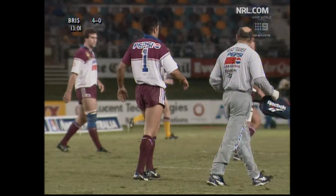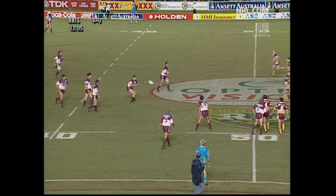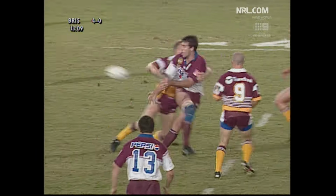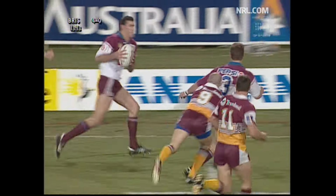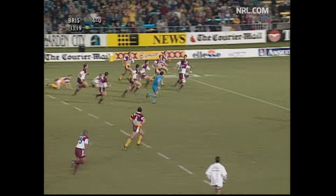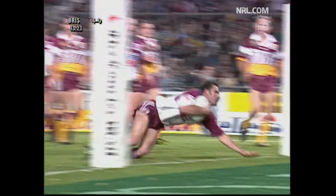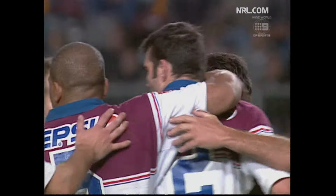Steve Roach. I've been impressed with Alan Cairns' start. He's been under a bit of pressure for the Brisbane Broncos this year, but as you said, it's up to him to lead the way, and he's doing that at the moment. He's already got a couple of offloads when they've had the football. Here's some nice work put together by Gardner and Lyons, and then the infield kick by Danny Moore. Manly come down with it. Lyons has got support. Danny Moore, well, he was in the start of it, and he's in the finish of